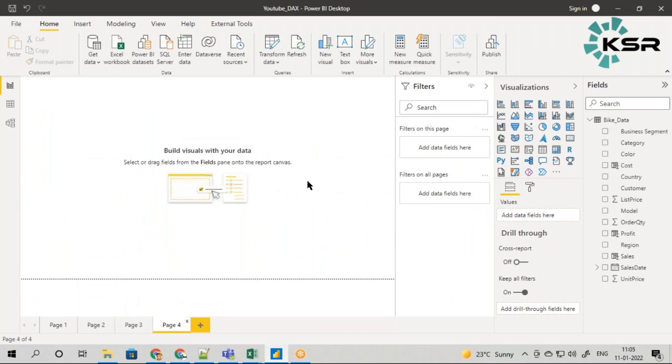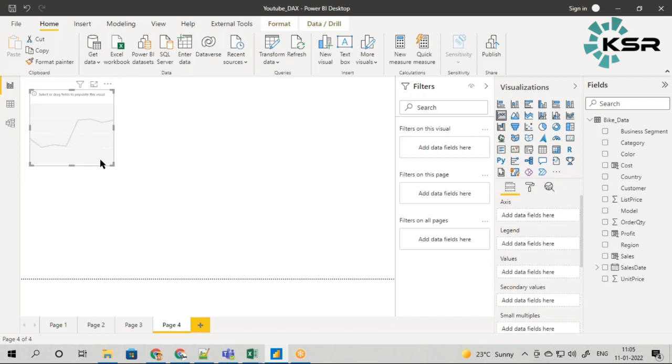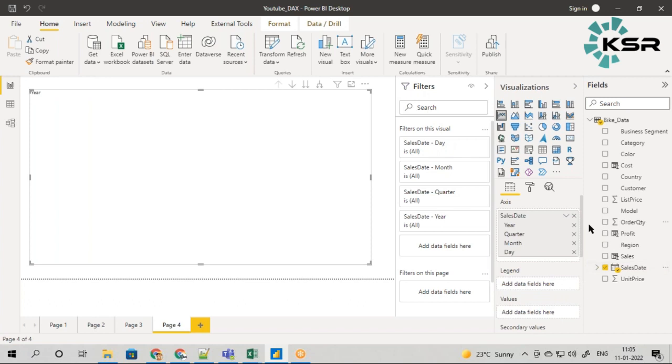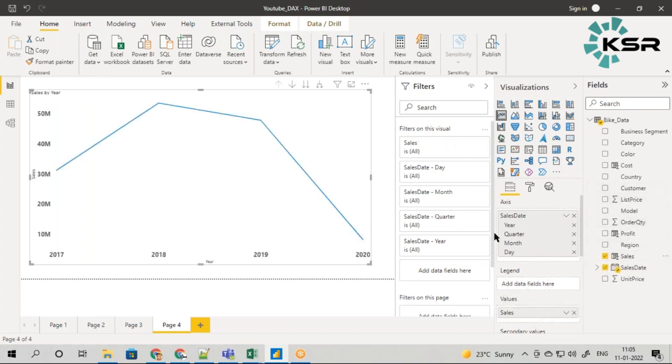First of all, as I've told you, for any date related information, it should always be a line chart. The line chart is the best suited chart for taking time into consideration. Now let me take the sales date and the sales as values. What are you seeing here?